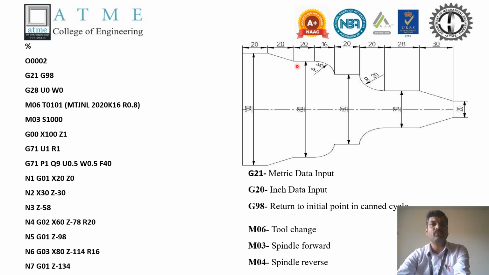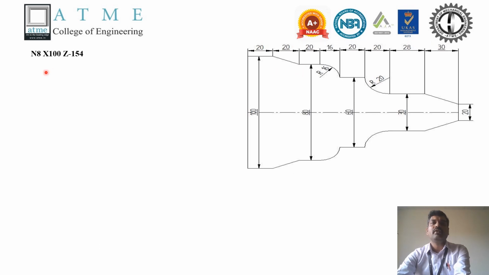Once again there is a change in tool motion from circular interpolation to linear interpolation, that is there is no change in X value, only Z value, Z minus 134, followed by once again the linear, no need to indicate again and again. So X100, Z minus 154, then the final N9, Z minus 174. So till here, from P1 to Q9, with a depth of cut of 1 mm, the multiple turning will take place step by step. It removes the material so that an allowance of 0.5 mm with respect to X and Z will remain